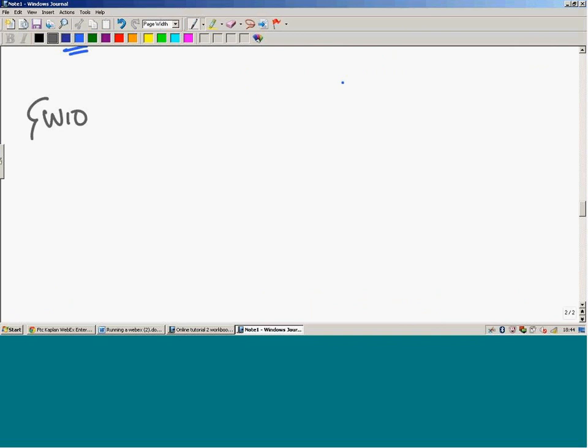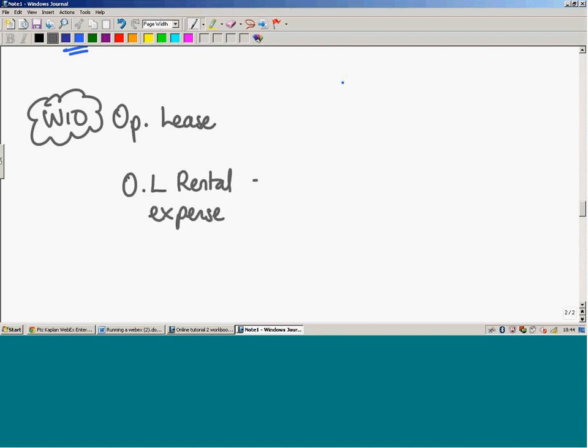I am up to working 10. This is operating lease. What I need to think about is, well, what's the right treatment of this lease? The right treatment of this lease is to say, I need to recognise operating lease rental expense. I need to recognise it on a straight line basis. So I'm going to take the sum of all the payments, 3 payments of £5,000 each, and spread them on a straight line basis over the 4-year lease term. That gives me an expense of £3,750